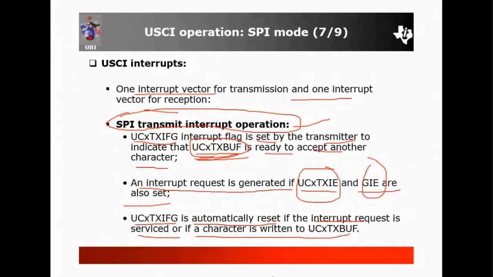If the data is stored in the UCxTXBUF register, then this flag is automatically reset. There are two options: either the interrupt request is serviced, and whatever interrupt comes, that request is served, then the UCxTXIFG flag is reset.